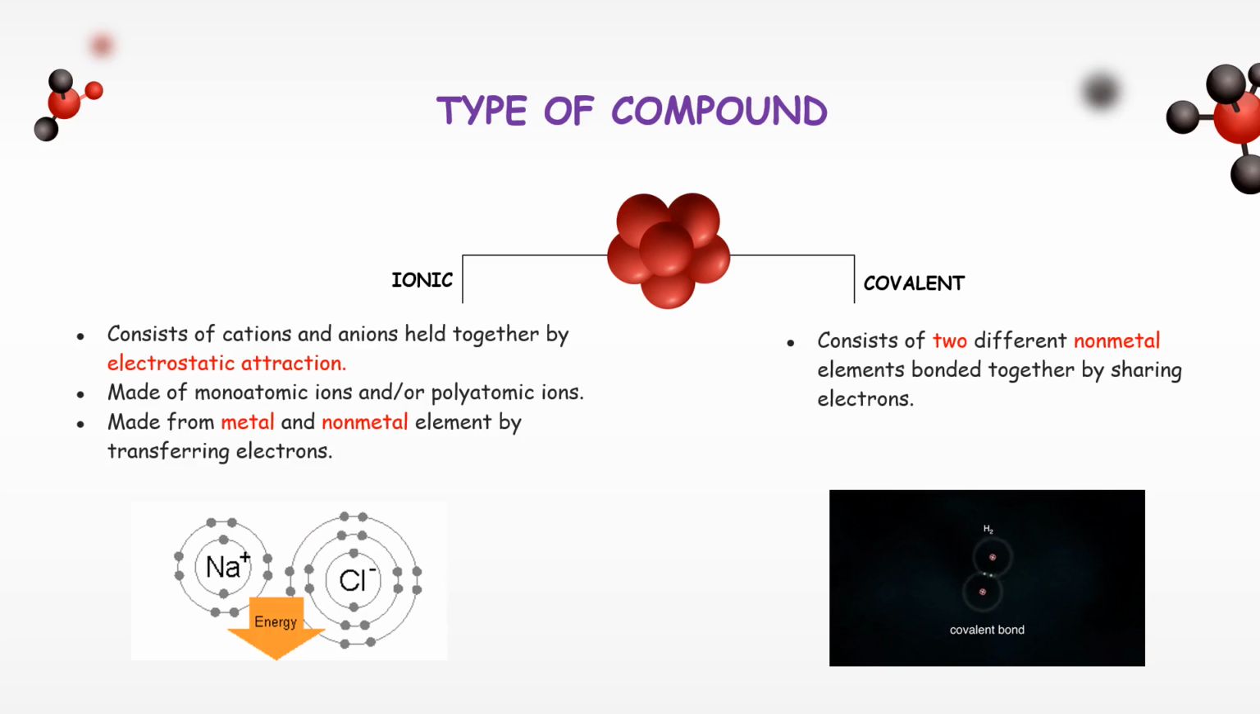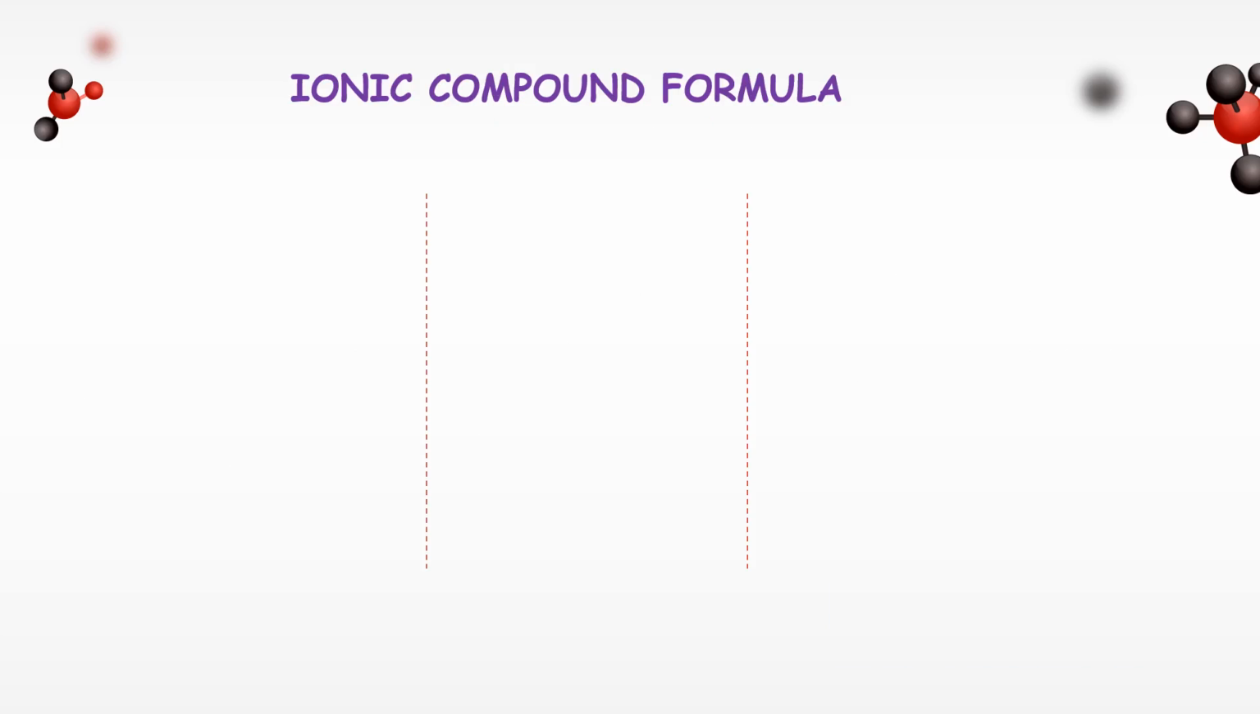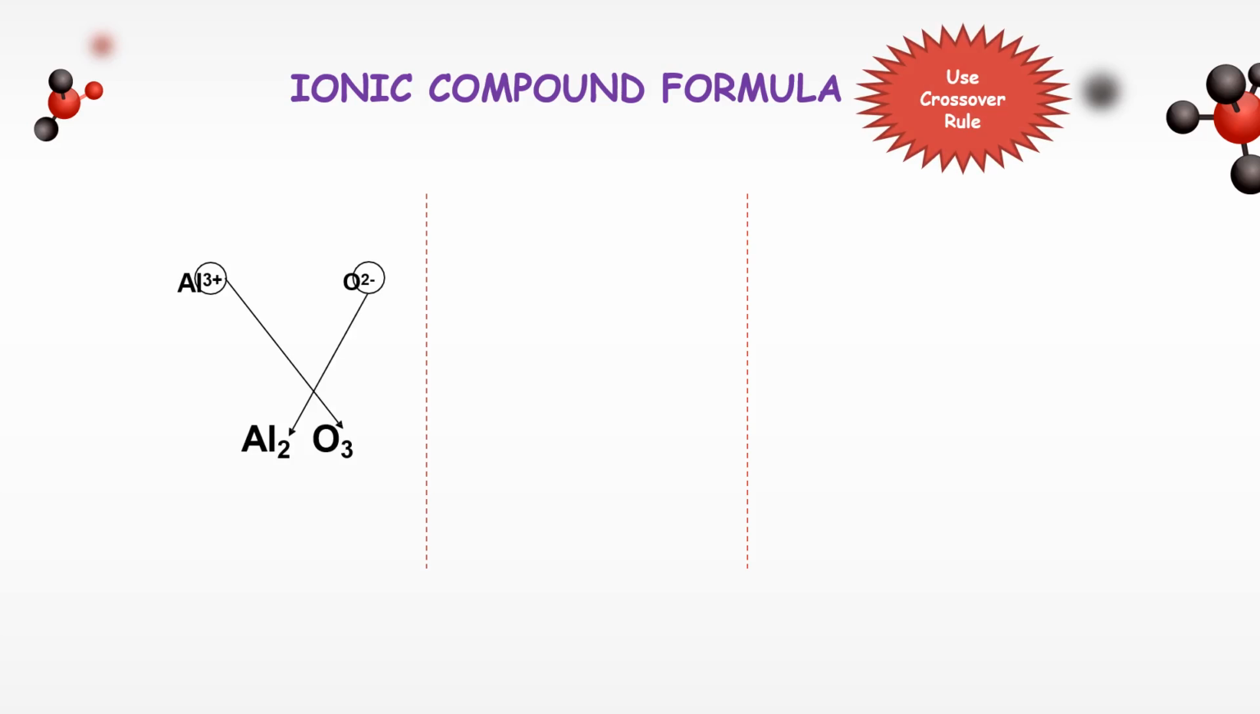Now I'm going to show you how to write or to get the correct ionic compound formula by using the crossover rule. Example here we have aluminium 3+ and oxygen 2-. Please bear in mind that in order for us to form the ionic compound, we have to have metal and non-metal. To write the formula, we have to crisscross the charge. The charge of O2- we put on the aluminium, and the charge on aluminium we put on the oxygen atom. So we get the formula here as